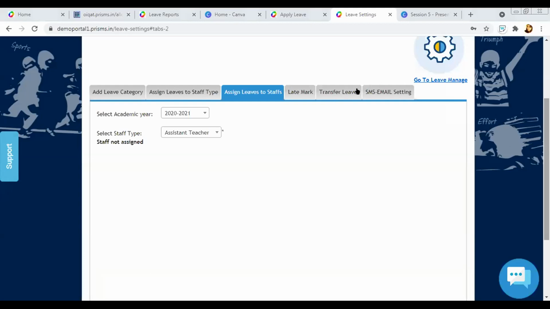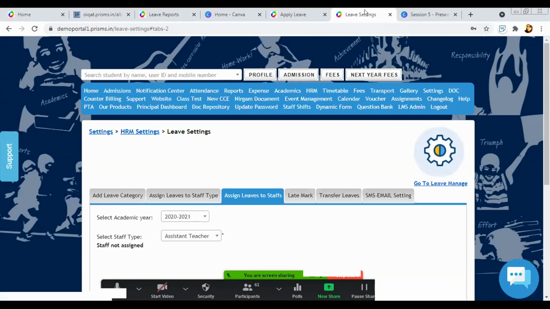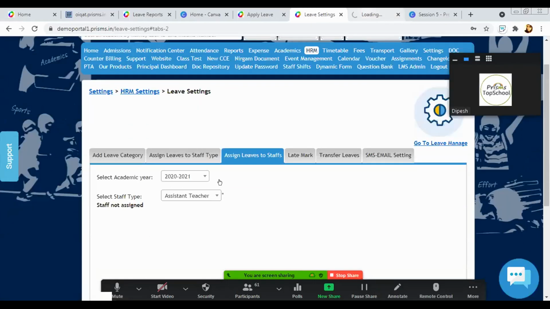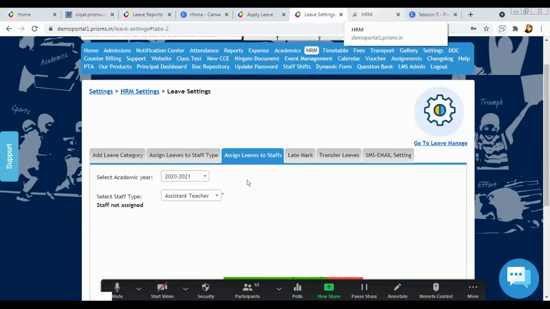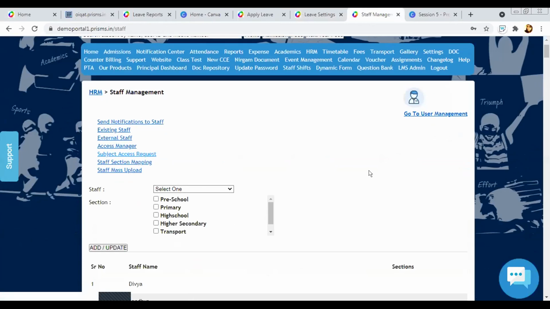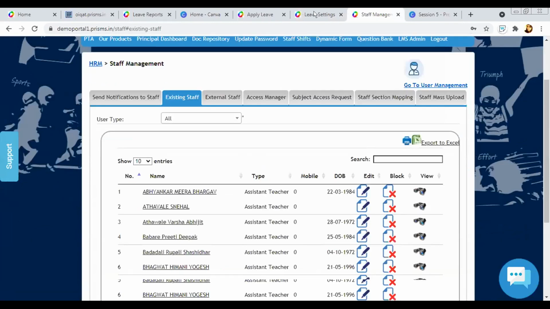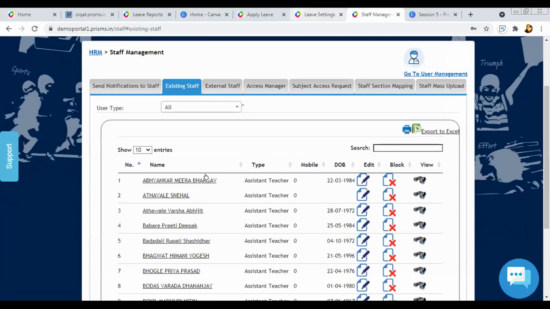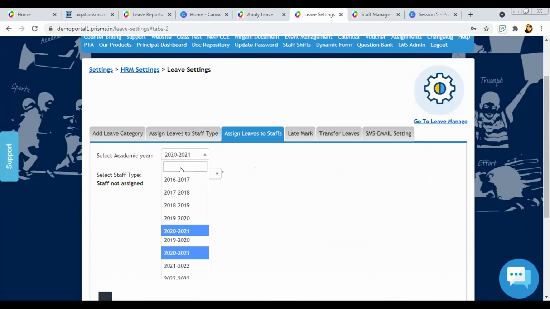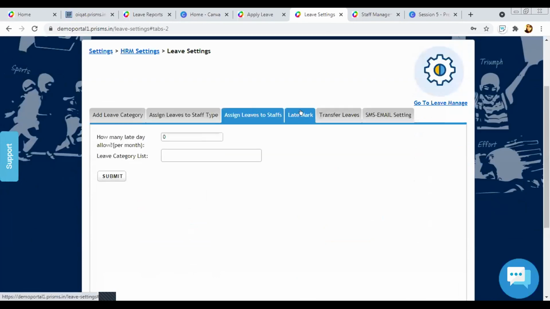let us take the staff type also. Take one.